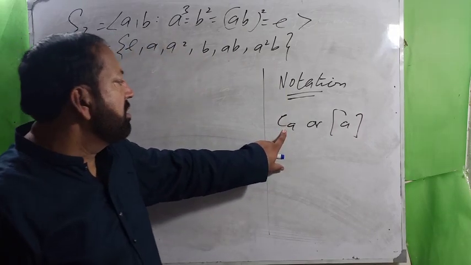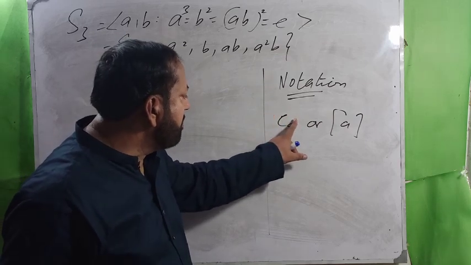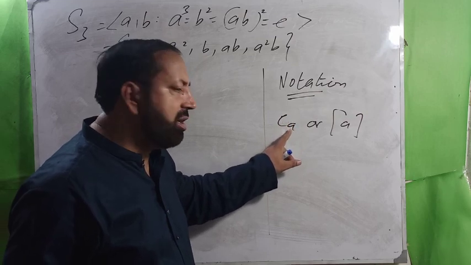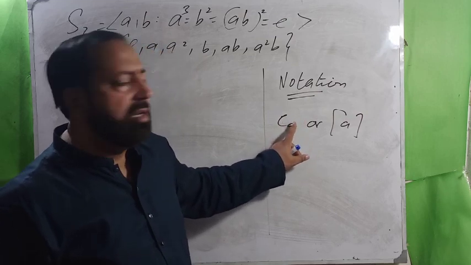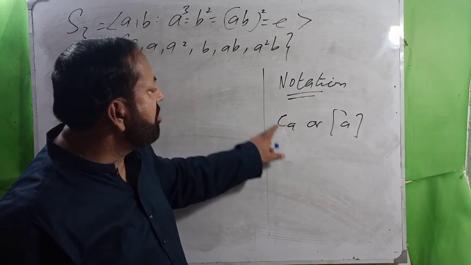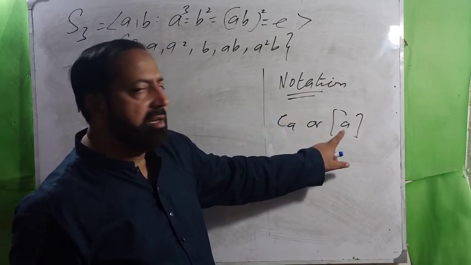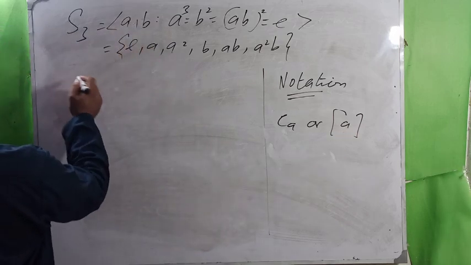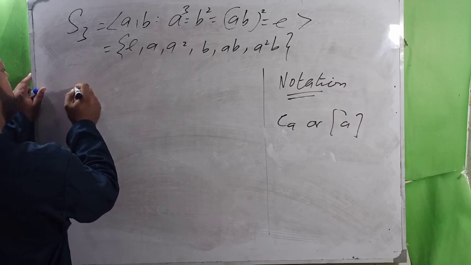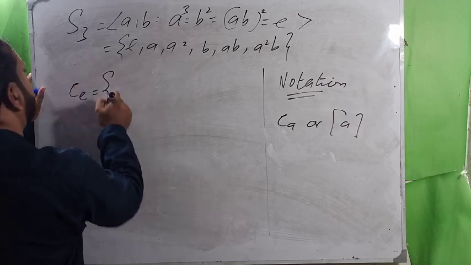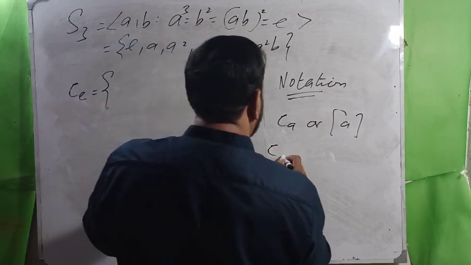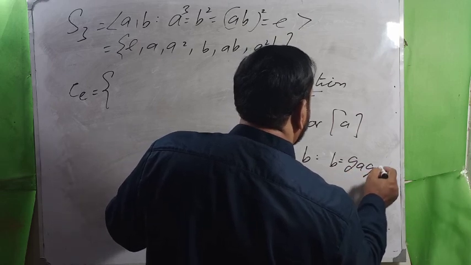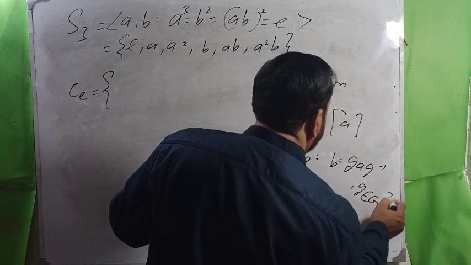C(A) stands for the set of all conjugate elements which are conjugate to A, the set of all those elements of G which are conjugate to A. And this is called the conjugacy class of A. Sometimes we like to use this symbol. So, you know, if I find C(E), we define C(A) is equal to {B : B = gAg inverse}, of course g belongs to G.